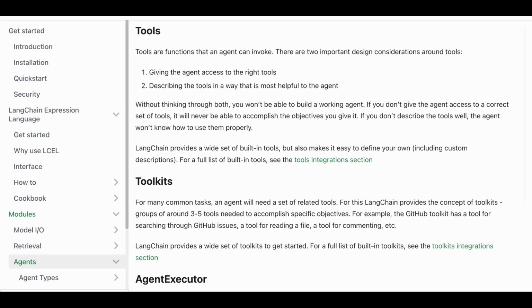If you don't give the agent access to a correct set of tools, it will never be able to accomplish the objectives you give it. If you don't describe the tools well, the agent won't know how to use them properly. LangChain provides a wide set of built-in tools, but also makes it easy to define your own tools, including custom